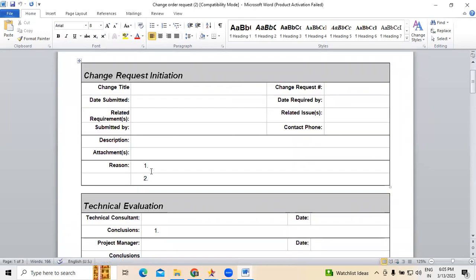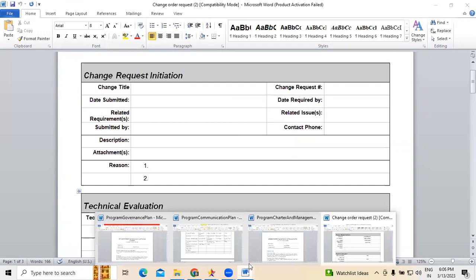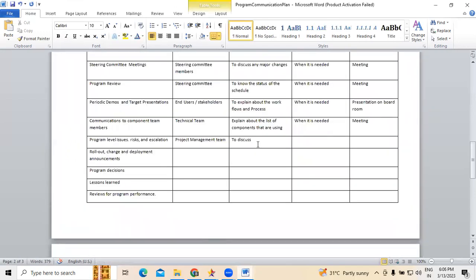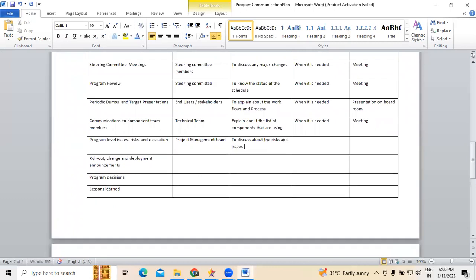So what I'm trying to say is, do you want to keep each meeting specific to the agenda, and not say this talk is about something else? This is to do with the complete communication plan over the program. This is not specified to something relating to any single requirement or single change. What is it that we are doing as separate? Understood? Right.